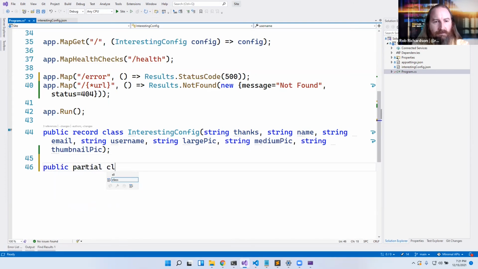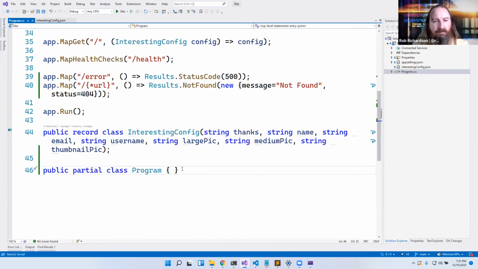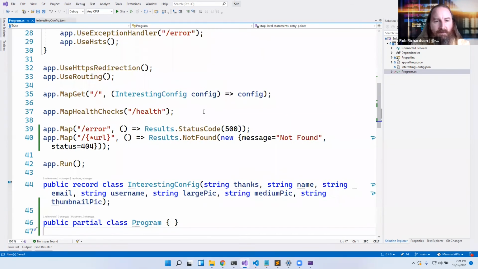class program. And now that I've made this class public, now I can do those same tests, integration tests against all of these methods. Now I can't do unit tests because the methods aren't exposed externally, but I can do integration tests to validate that maybe if I inject a fake config file that I can get the values that I need. This is kind of that right size for minimal APIs, but minimal APIs is not exclusive to